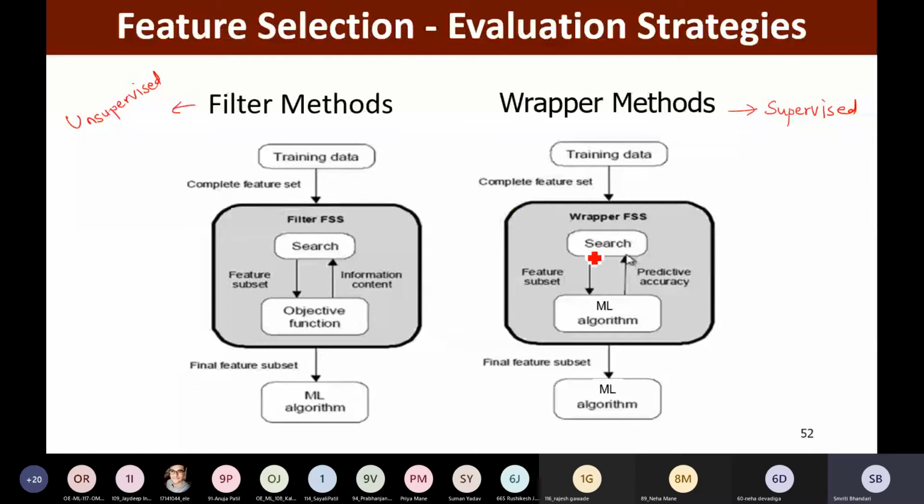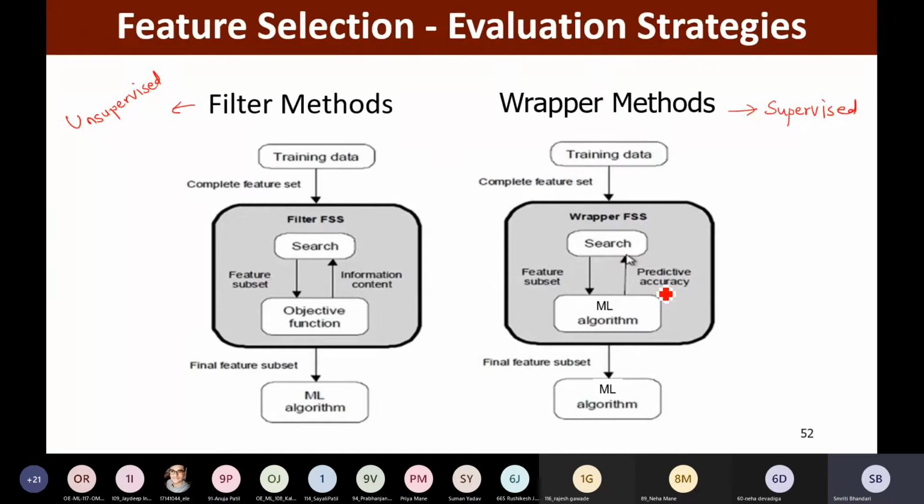This search algorithm finds out the subset of the features, and here itself we are evaluating this feature subset. We are using some ML algorithm, and this ML algorithm is being trained by making use of this subset of the features, and the accuracy is being predicted.